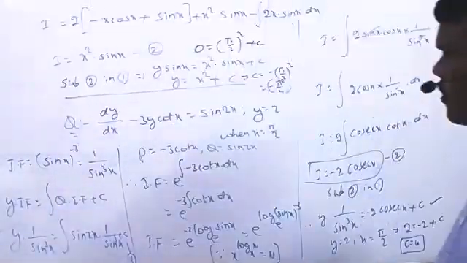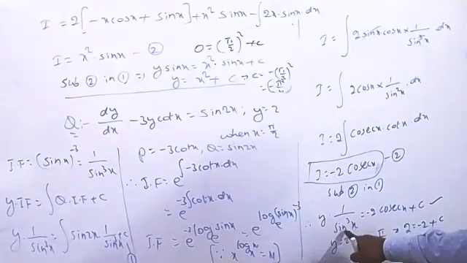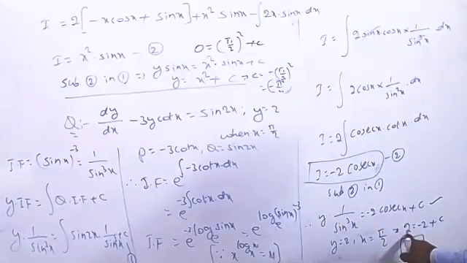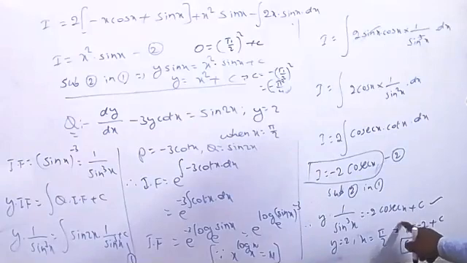C is equal to 4. In the problem itself, y equal to 2 and x equal to pi by 2. Y equal to 2 into 1 by sine cube pi by 2. Sine 90 equal to 1, 1 cube equal to 1, 1 by 1 equal to 1. So the remaining is 2, equal to minus 2. Cosecant 90 is also 1. So 2 into minus 2 into 1 equal to minus 2 plus c. Minus 2 on this side becomes plus. The value of c equal to 2 plus 2 equal to 4.